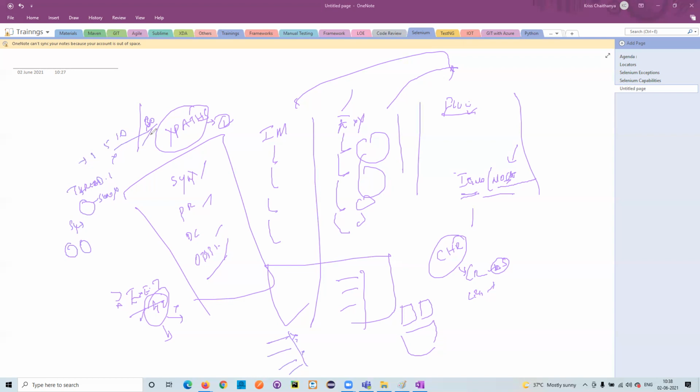If you ask me, I'll keep 10 seconds. If the application has not responded in 10 seconds, let it fail. I don't want this crappy application. The page and the element have to load onto the DOM within 10 seconds. If the element is not loaded to the DOM within 10 seconds, then why do I require this application? Will the client sit in front of you and wait for 10 seconds?